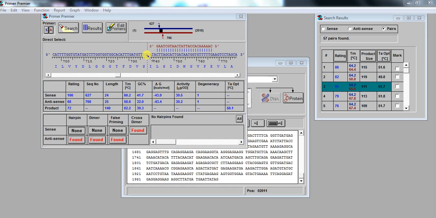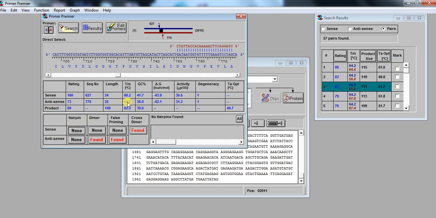When you are adjusting your primer, you will also check what the product becomes. Like here when I click it, its product size decreases when I go to this side. When I go to the right side, its product size increases. But try that it does not exceed more than 200. So here we have removed that